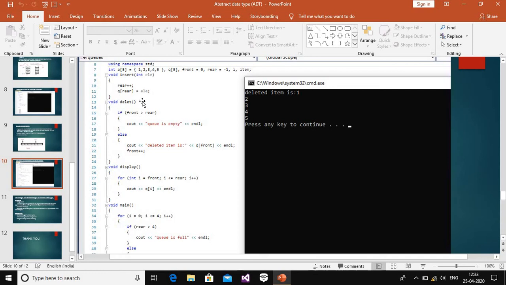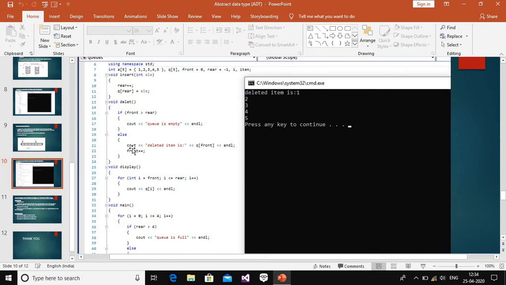We check the condition using an if statement: if front is greater than rear, we print using cout that the queue is empty. Else, we use the next statement to identify the deleted element, which element is deleted in the queue.